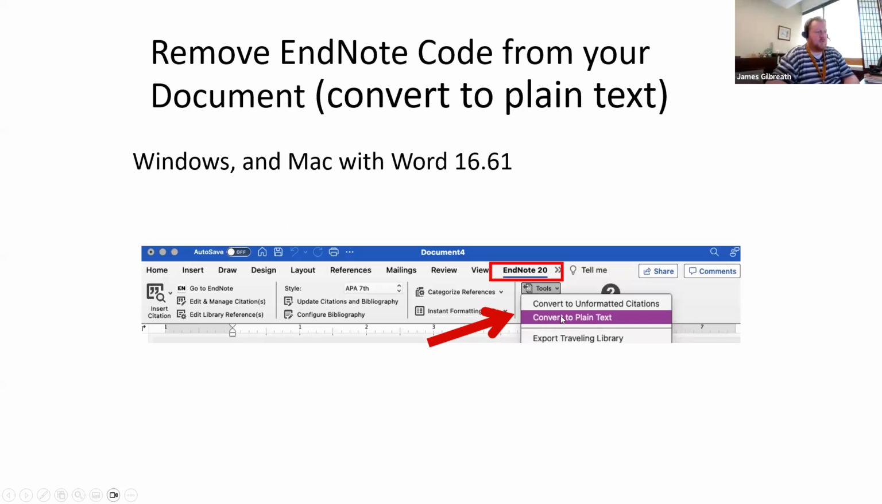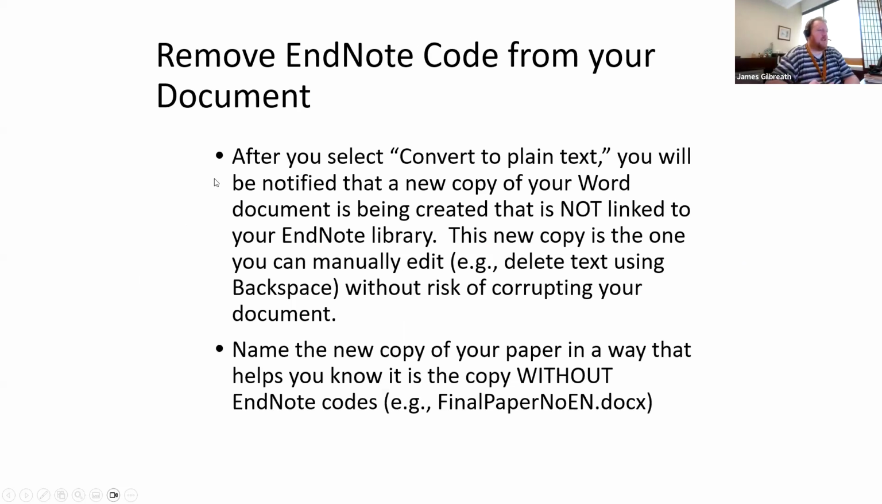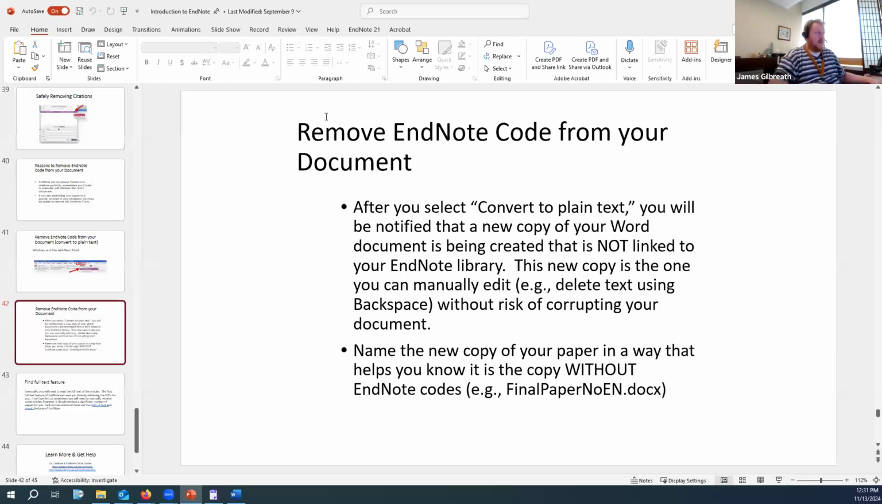you click Tools and then Convert to Plain Text. After you select Convert to Plain Text, you'll be notified that a copy of your Word document is being created that's not linked to your EndNote library, and be sure to save it so that you know this one isn't linked. Right. So in Word,